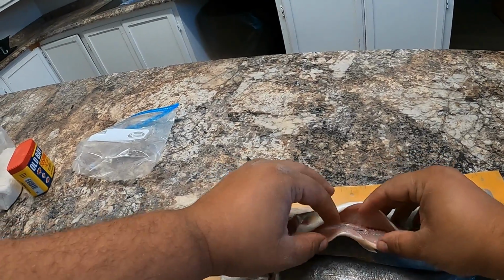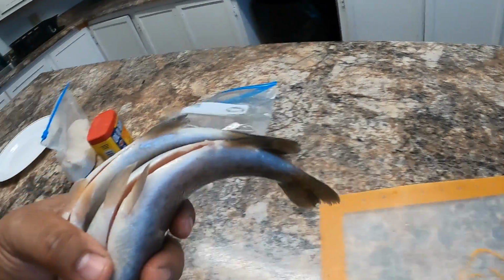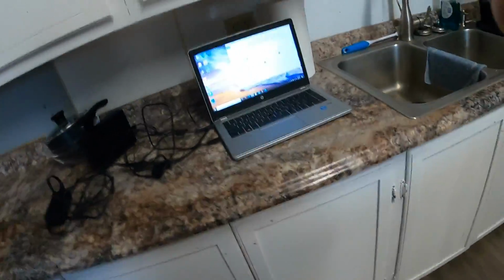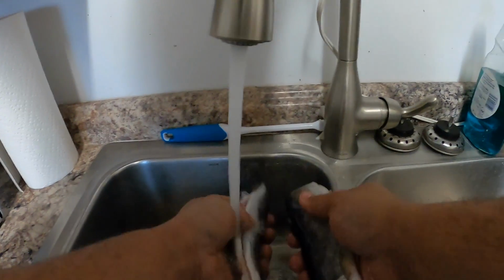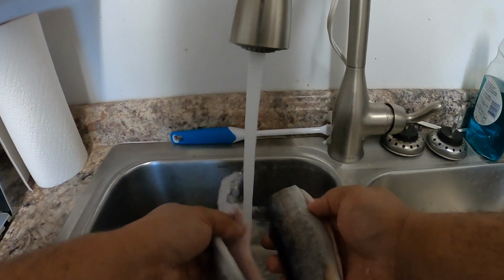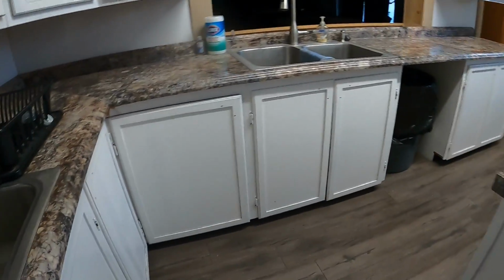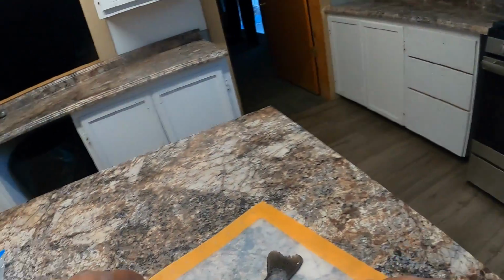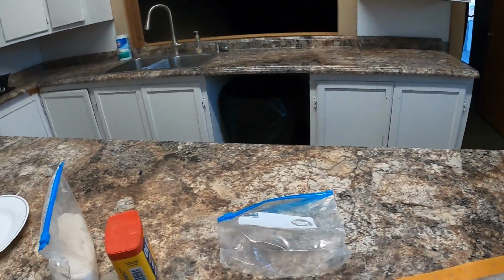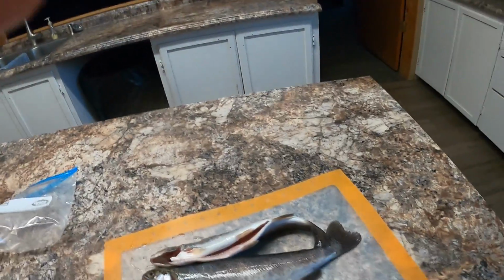They're skinned, they are cleaned out. I'm gonna rinse these guys out a little bit, just wash them off a little bit more. Over here in the sink, I was trying to upload a video a little while ago. I finalized the video this morning before I left, and it did not save. Something happened. It ended up getting corrupted, or the format was just wrong. But anyway,